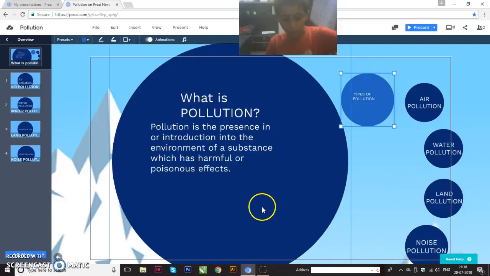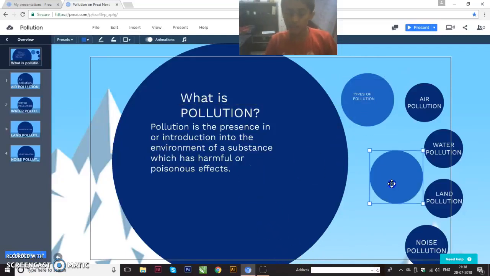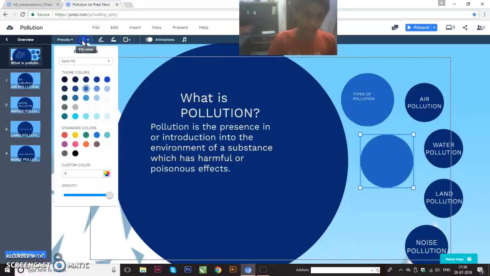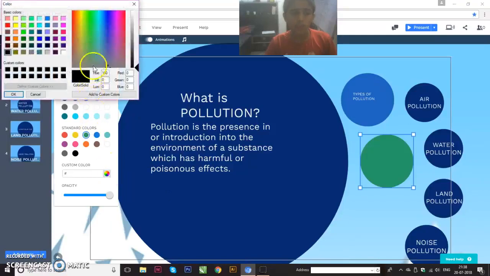As I click on fill color here, and suppose I choose the green color, it can change into the green color, or opacity 0 to 100, or transparent. It means transparency also. We can also use a custom color by clicking on it.